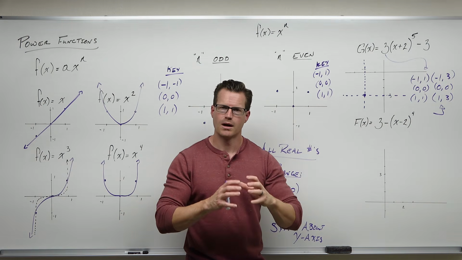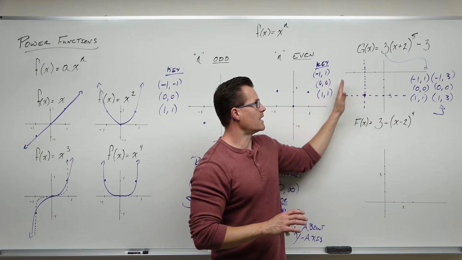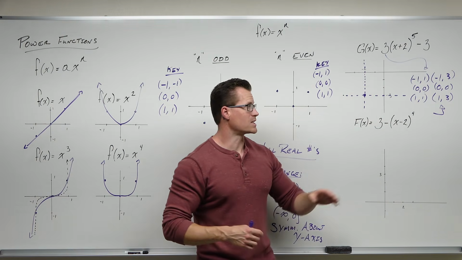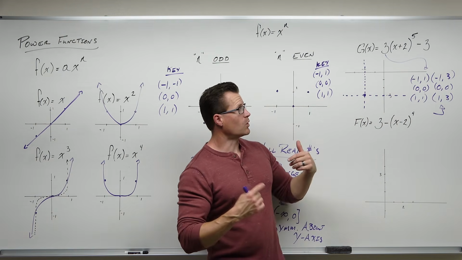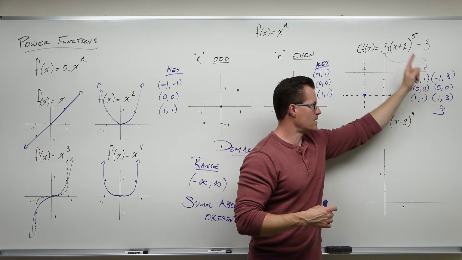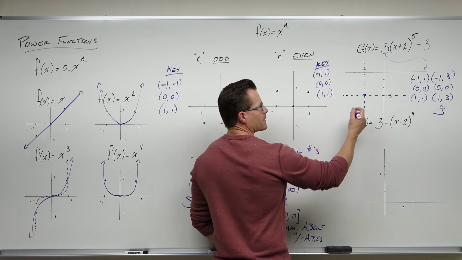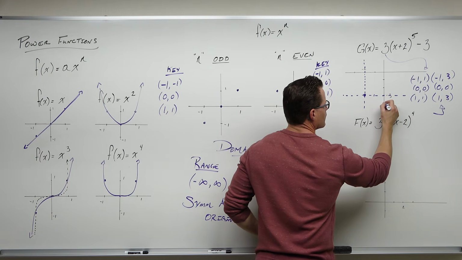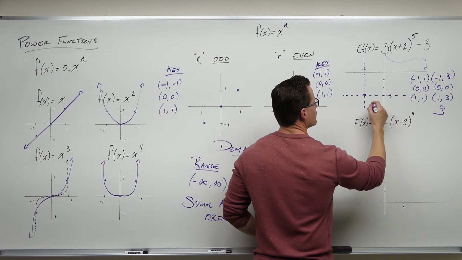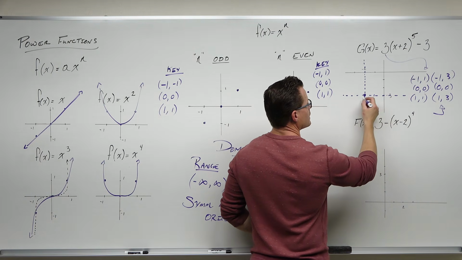Put the ideas together. Let your shifting take you down 3 and left 2. Let your power function say, here's my key points. Let your multiplication of your output say, here's my new key points, and then plot them. If we plot, let's see, -1,